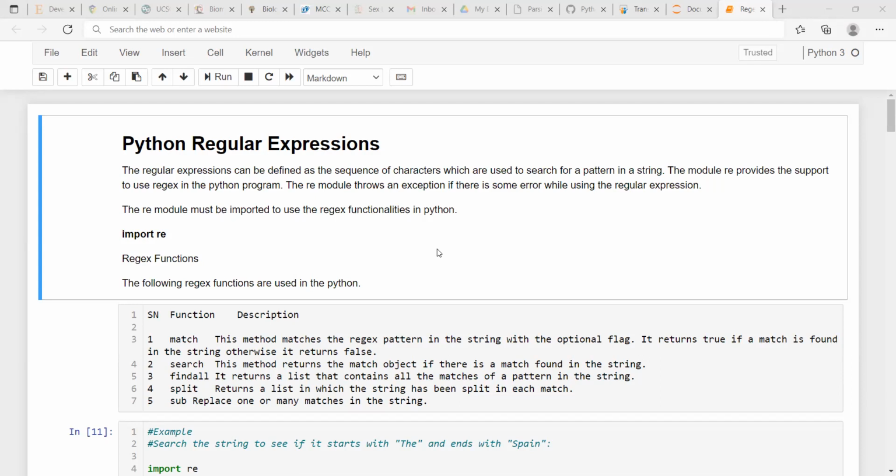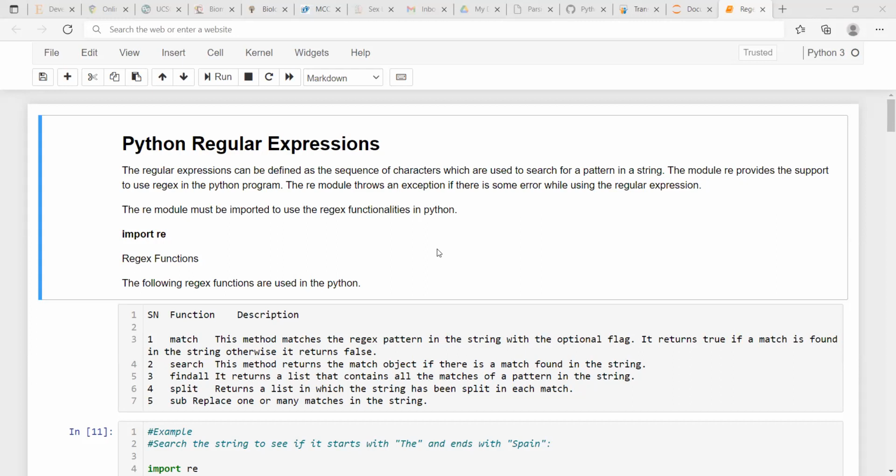In such cases, the regular expressions which are available in any type of code, not only in Python but also Java or Perl, any kind of programming language, are used to extract those particular matches.